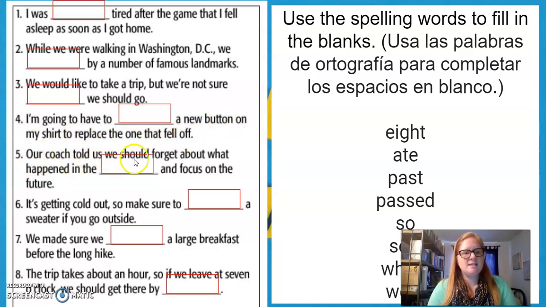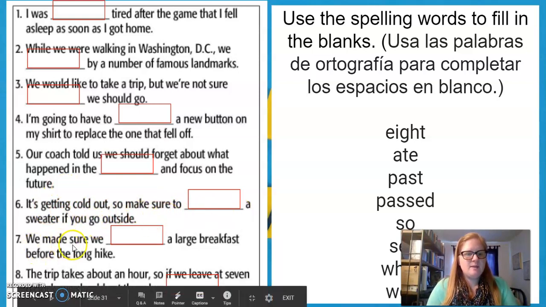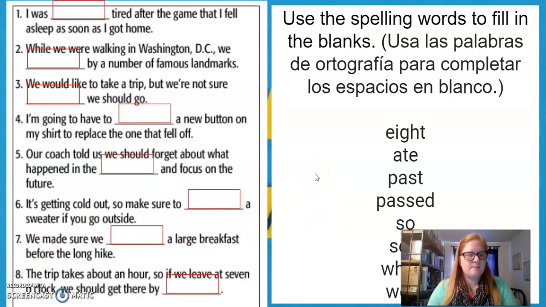Our coach told us we should forget about what happened in the and focus on the future. It's getting cold out, so make sure to a sweater if you go outside. We made sure we a large breakfast before the long hike. The trip takes about an hour, so if we leave at 7 o'clock, we should get there by